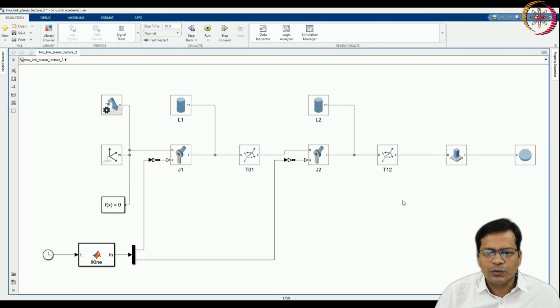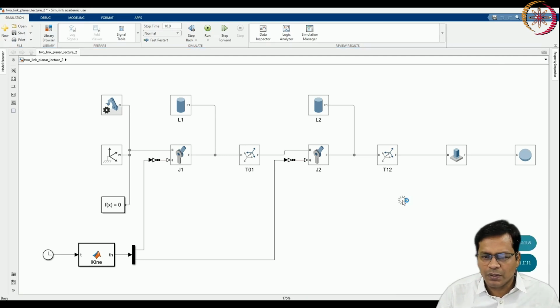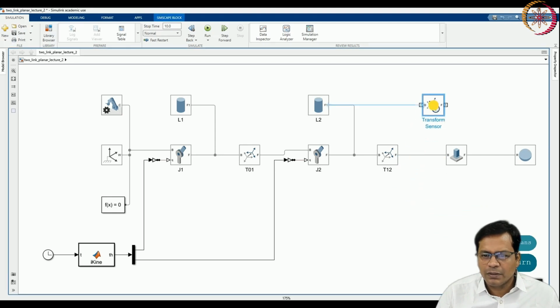Now let us use the Jacobian function block. Again, these blocks can be dragged directly from the Simulink library browser, or you can just double click and insert the blocks. So I am using the transform sensor. Why?